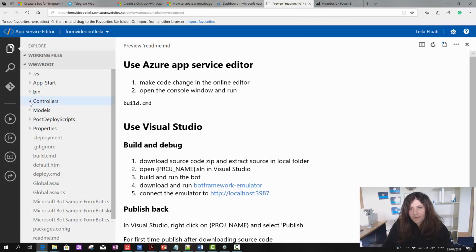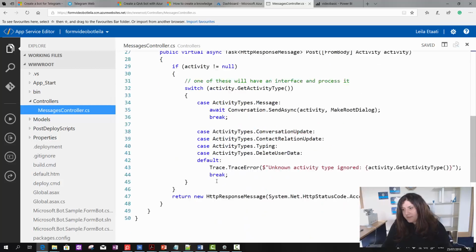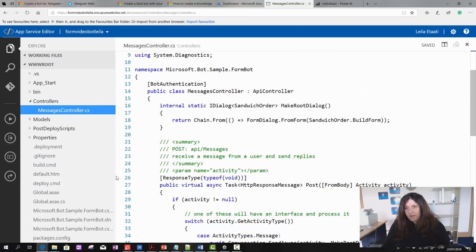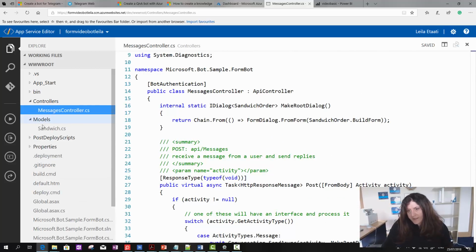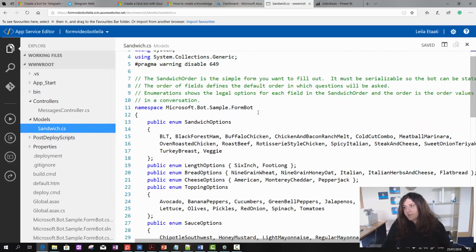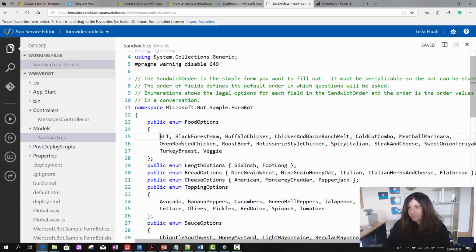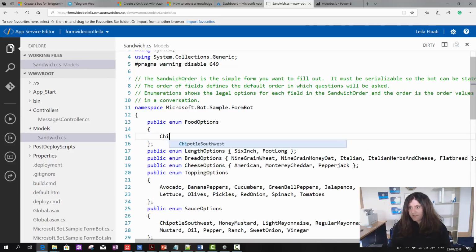So this is Visual Studio for that one. As you see, we have different parts. First of all is the message controller, and the other one is our model. Under the model, we have a file named sandwich. So as you see, it's all about the sandwich information. So I want to change that to food, and for example, I'm going to order for a conference. I said that we have available chicken,